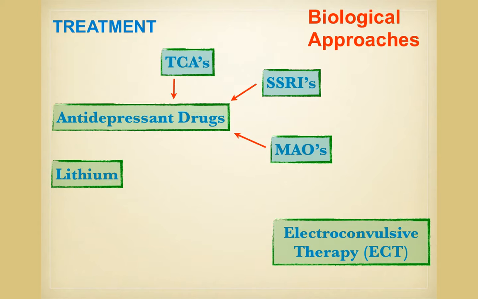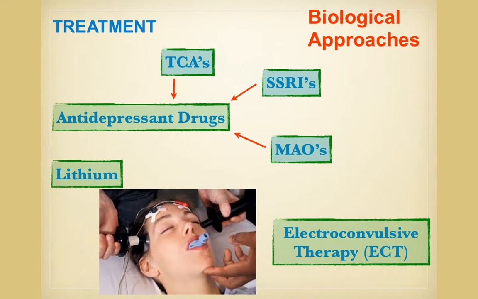The person is anesthetized and is given a muscle relaxing drug. They are then given a brief, less than 1 second shock directly to the brain. The result is a brief seizure lasting several minutes. Treatment is usually administered once every other day for 6 to 10 treatments. The side effects include short-term memory loss and confusion, which usually disappear within 2 weeks. It's quite successful. 50 to 70% of the people who do not respond to medication do seem to respond well to ECT.